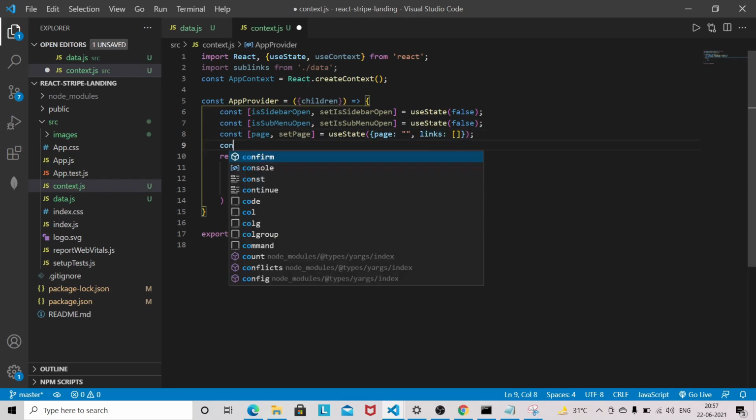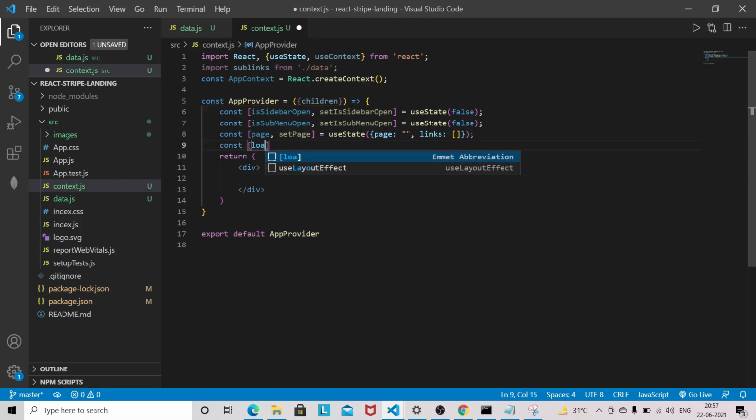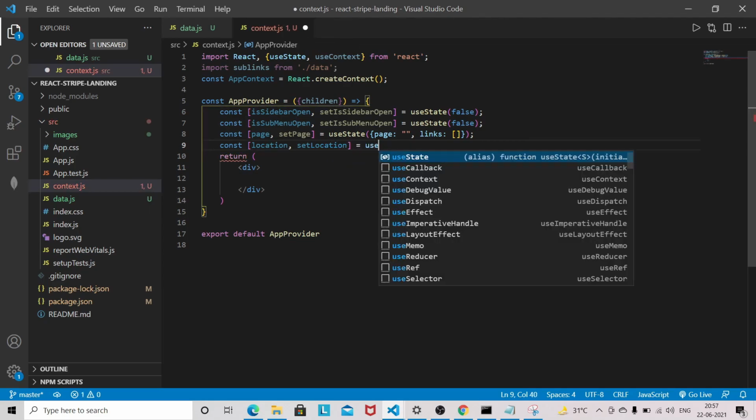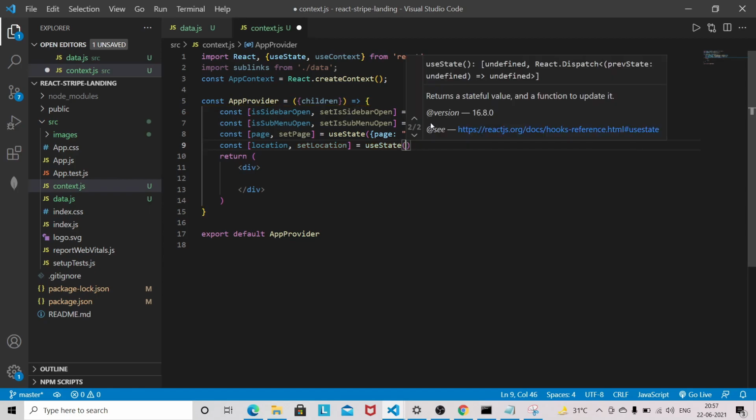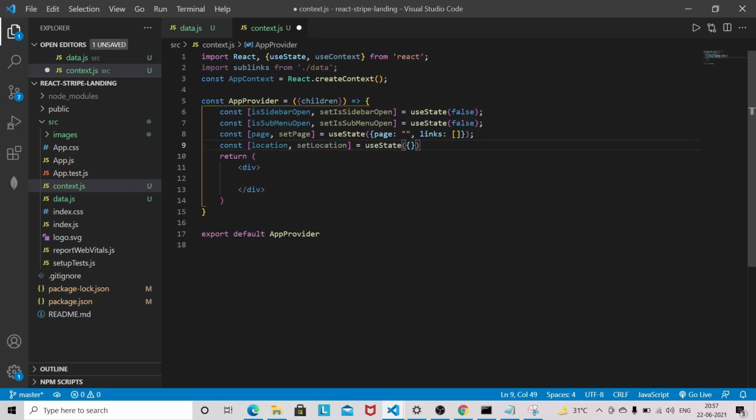Now we'll have one more state, location, setLocation, useState, and it will be the empty object,